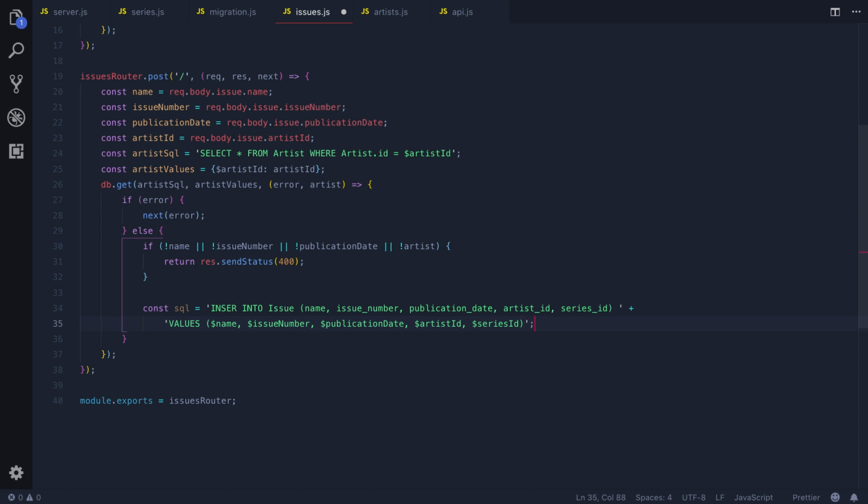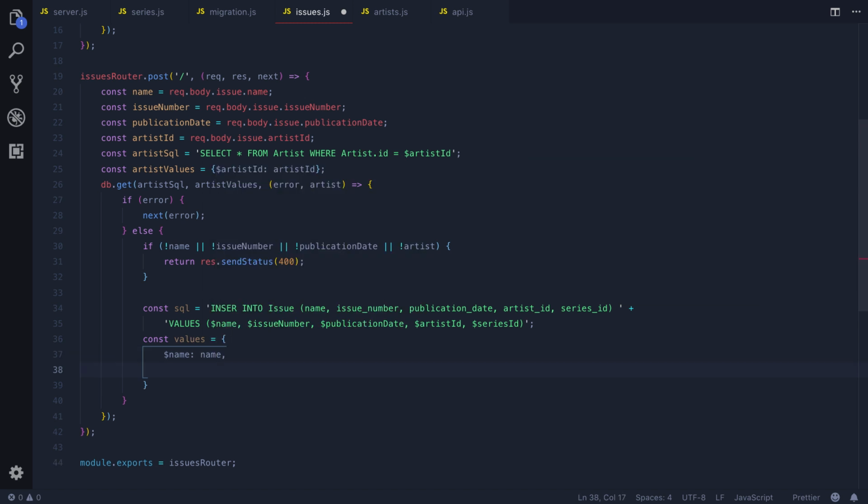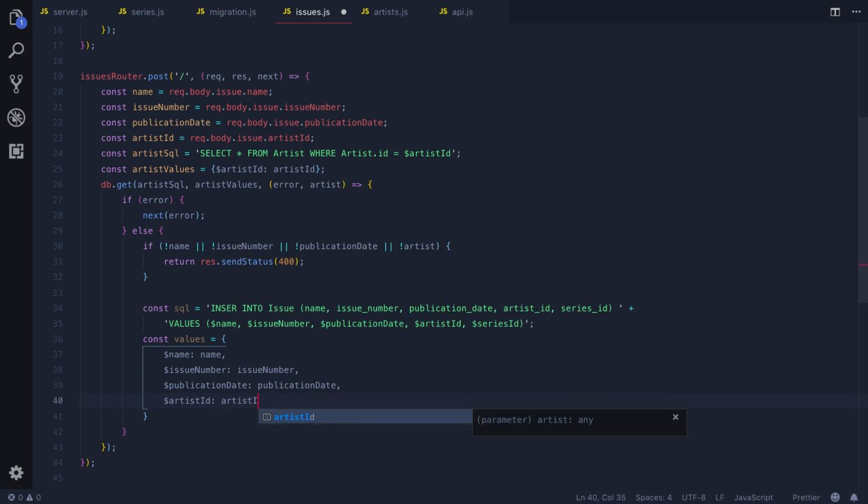Okay, that looks good. Now we have to actually set the values. So let's create another object called values, and in here we're going to pass in the actual values for all those parameters. So name will be name, issue number will be issue number, publication date will be publication date, artist ID will be artist ID,